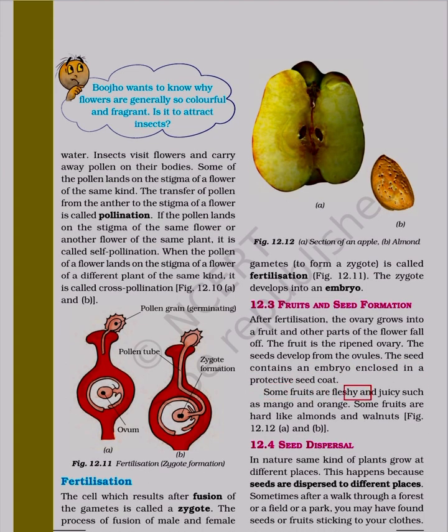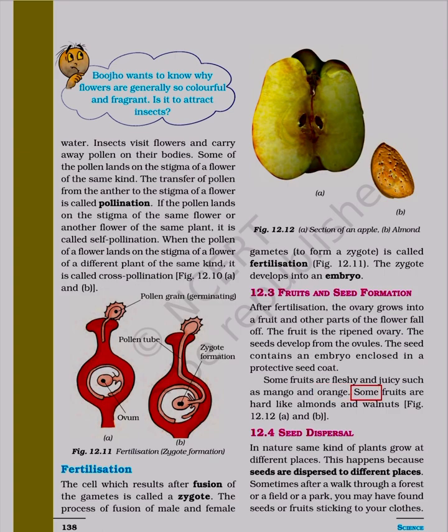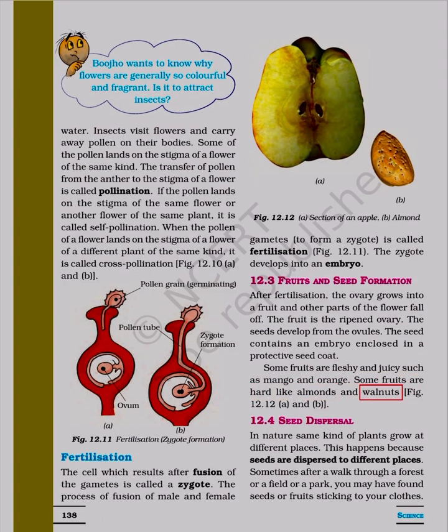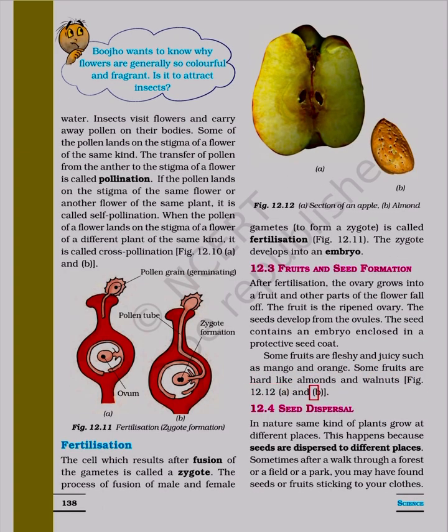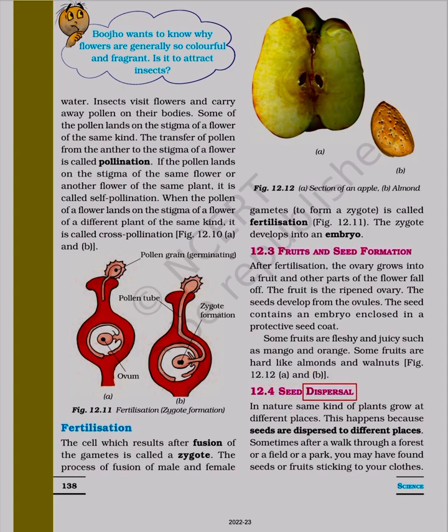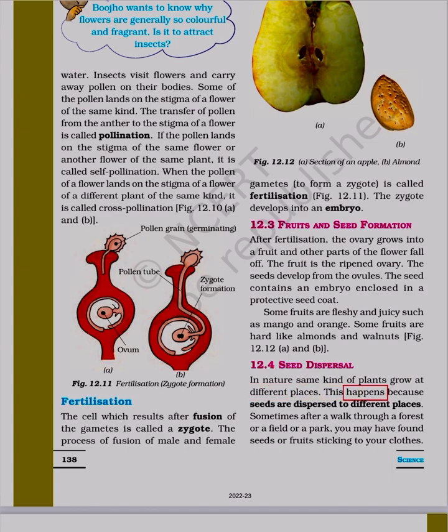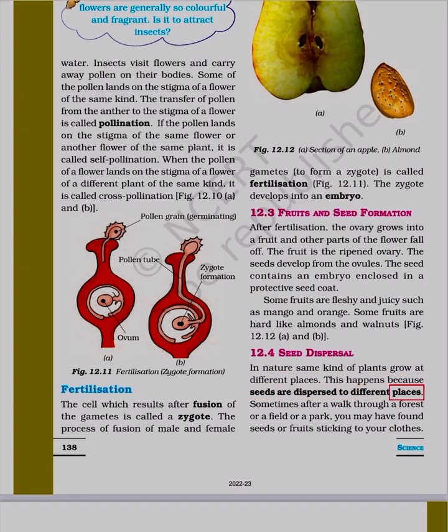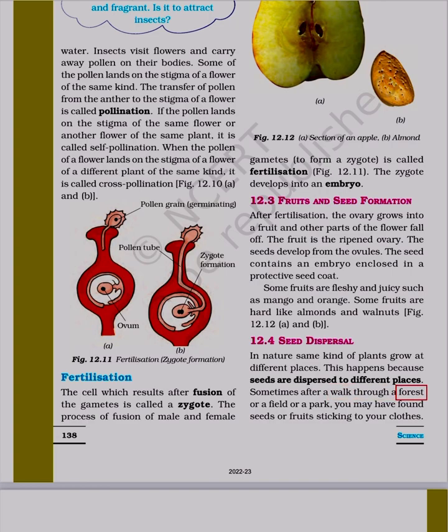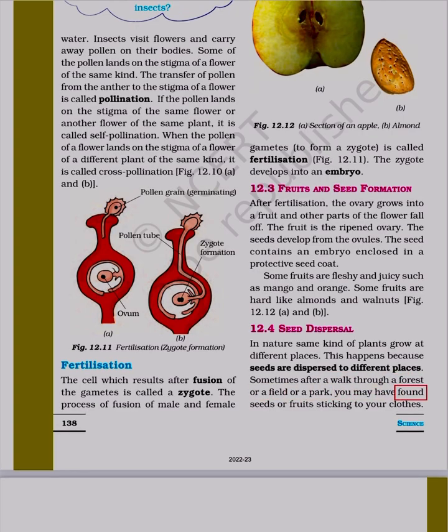Some fruits are fleshy and juicy such as mango and orange. Some fruits are hard like almonds and walnuts. Figure 12.12, A and B. 12.4 Seed dispersal. In nature, the same kind of plants grow at different places. This happens because seeds are dispersed to different places. Sometimes after a walk through a forest or a field or a park, you may have found seeds or fruits